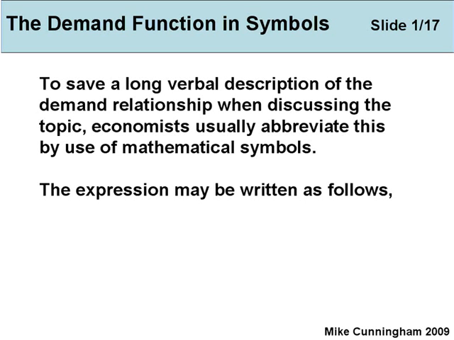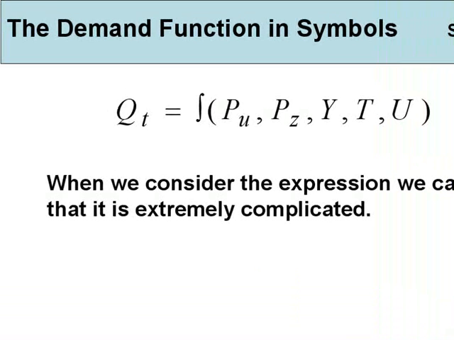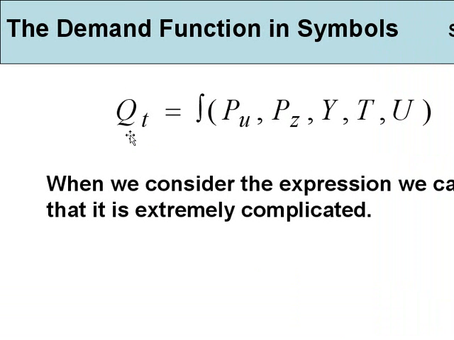We start with the demand function in symbols. To save a long verbal description of demand relationships, economists usually abbreviate these using mathematical symbols. This shouldn't be intimidating. It's just a quick way to use shorthand. It may be written in that format, and this is the one we had earlier. We have the quantity demanded per unit of time, which is dependent upon